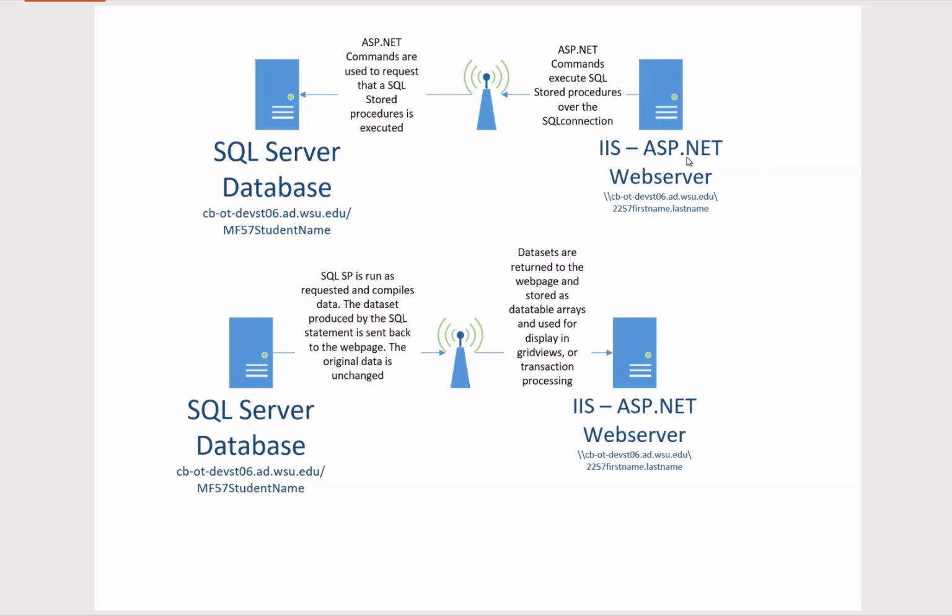So you have an ASP.NET web page or web account now. It's also on DevStation 6 this current semester. And Eric used this 2257 first name dot last name. Mine is just slash Featherman, but this semester it's 2257. I'll have to ask him about that. First name dot last name. I provided a list, but again, we're logging into our ASP.NET account to connect to your SQL Server database, and